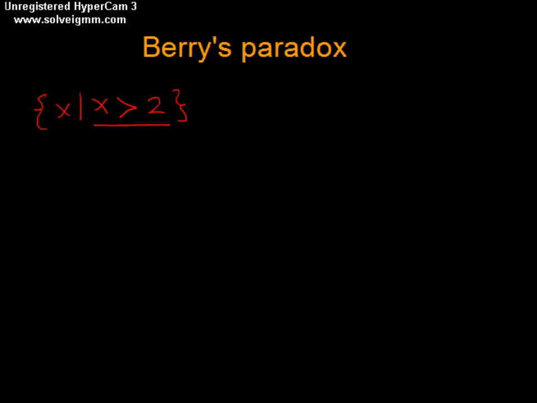The reason for this is illustrated by Berry's paradox. The paradox goes as follows. We define an integer x, and we define x as the least positive integer that cannot be defined in the English language with less than 1000 letters. So let x